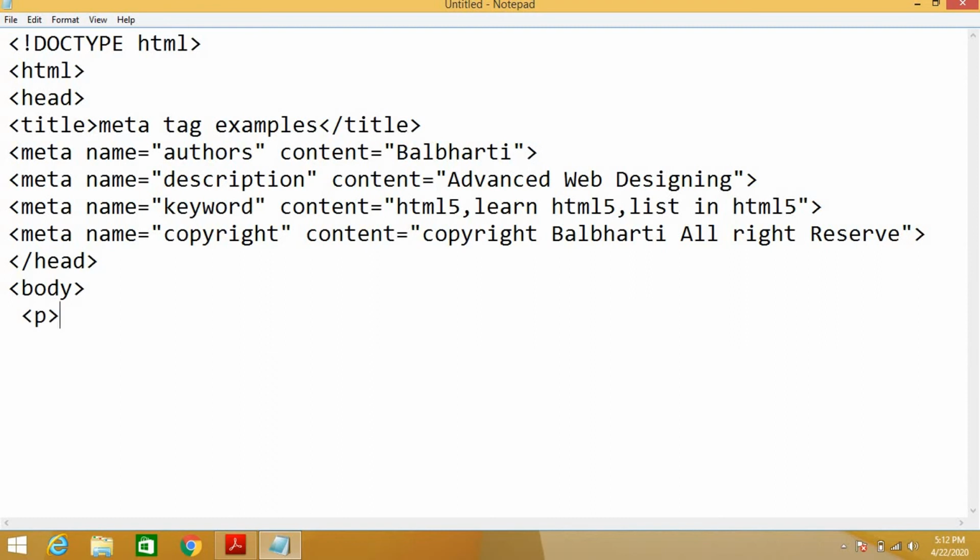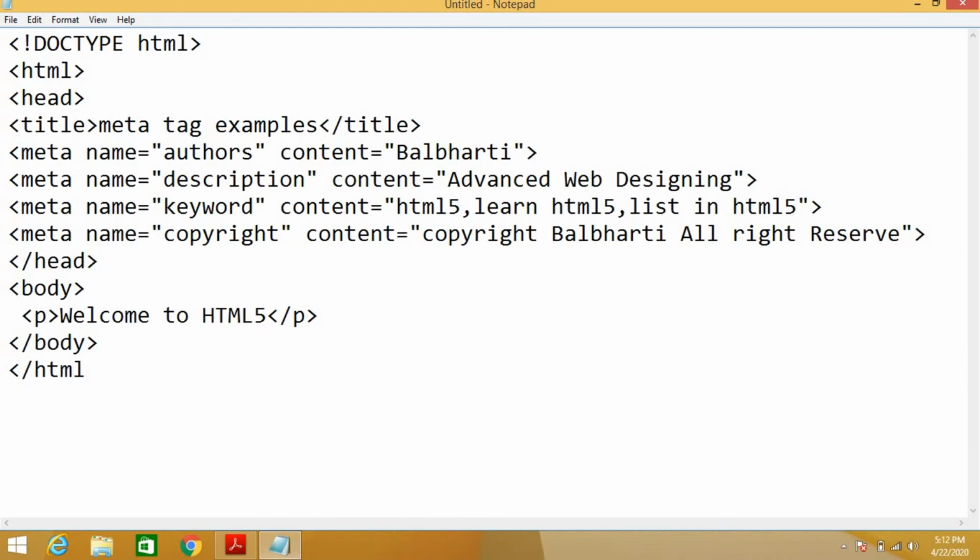Paragraph tag, welcome to HTML5. Close the p tag, then close the body tag and the HTML tag.